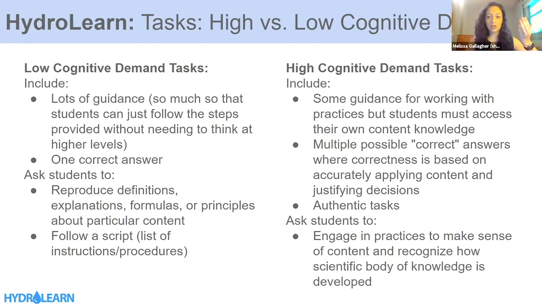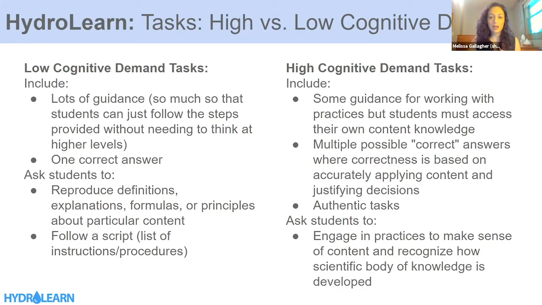Sometimes you have to teach students a formula and show them how to get the data and then ask them to do it. That's giving them a procedure and they're following it and there's one right answer, so it counts as low. That doesn't mean that you shouldn't use low cognitive demand tasks. What this means is that the cognitive demand of your task should match the cognitive demand of your learning objective. If you have a learning objective at a low cognitive demand, then the task that goes with that should be low. If you have a learning objective at a high cognitive demand, then your task should be at a high cognitive demand.